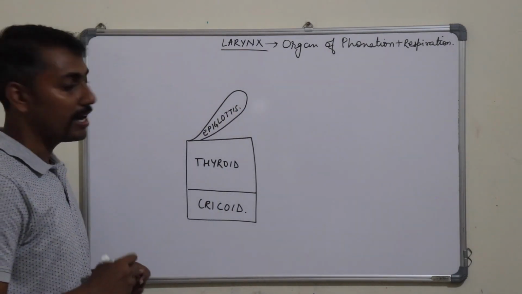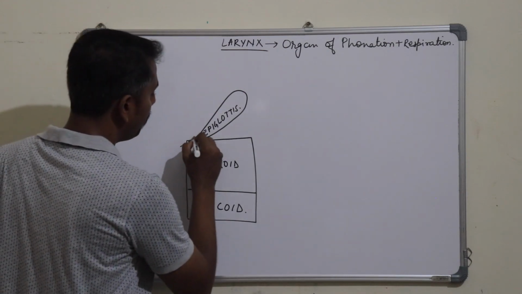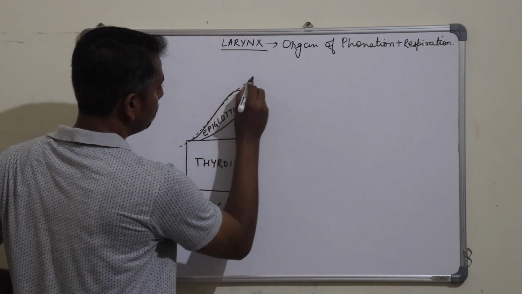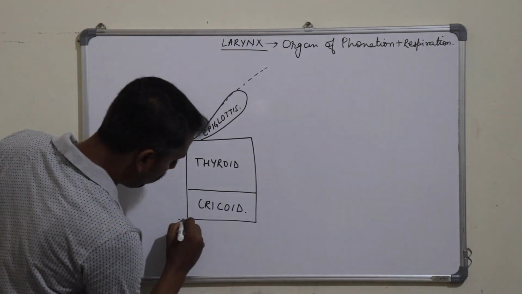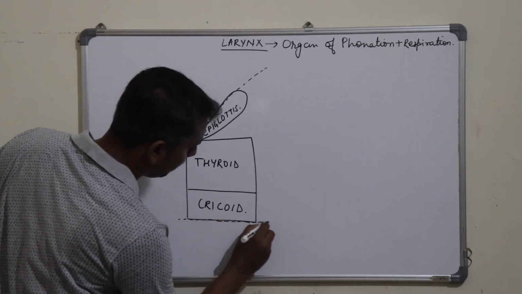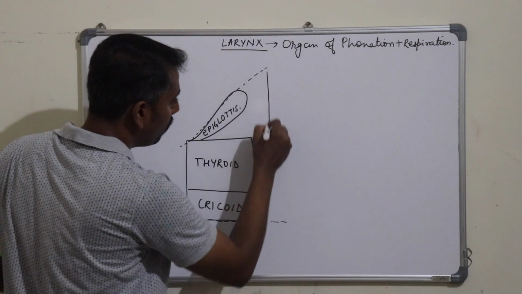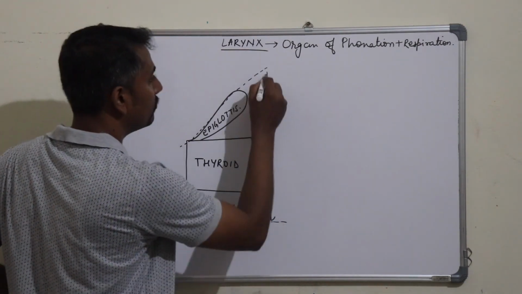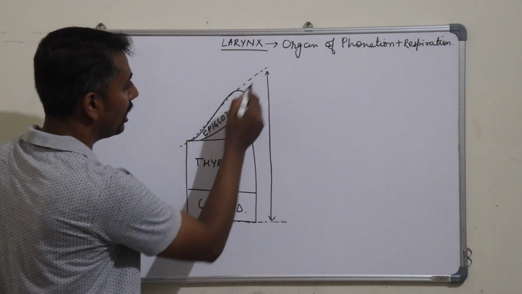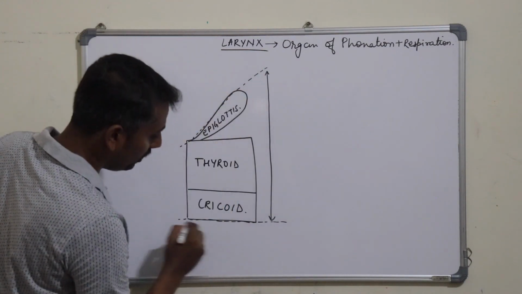So the larynx extends from the upper border of this epiglottis to the lower border of the cricoid cartilage. This is the whole vertical extent of the larynx, from the upper border of the epiglottis to the lower border